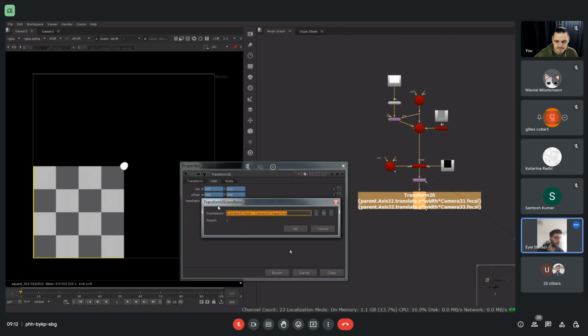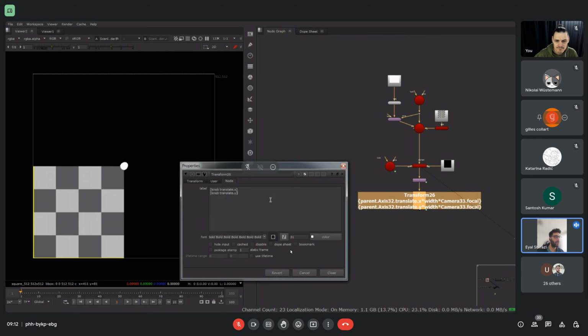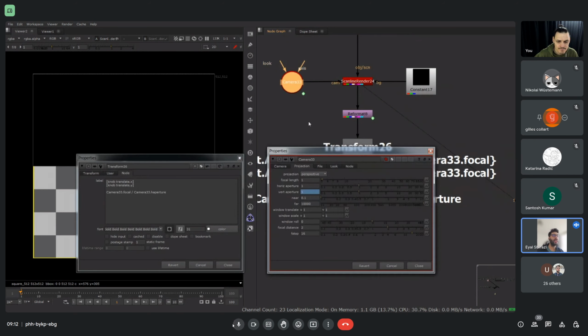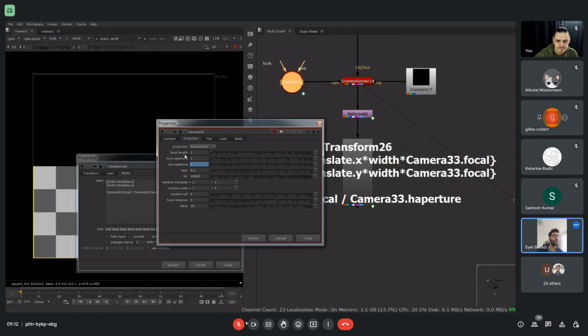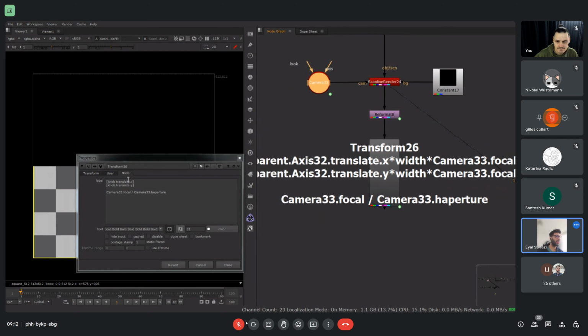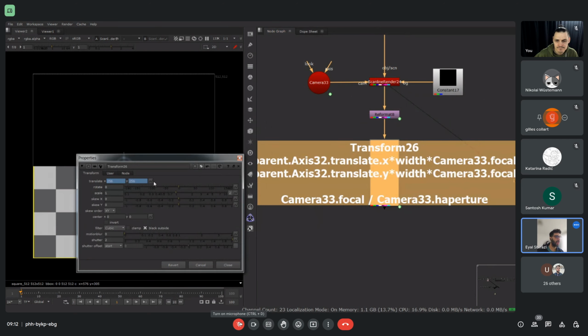And to do that, I have to probably zoom in to see that properly, right? We'll have to write it over here so we can see it as well. I'm taking the focal of the camera, and I'm taking the aperture of it, and I'm dividing between them to get a ratio, right? So now I'll actually add it as well as a scaling factor,